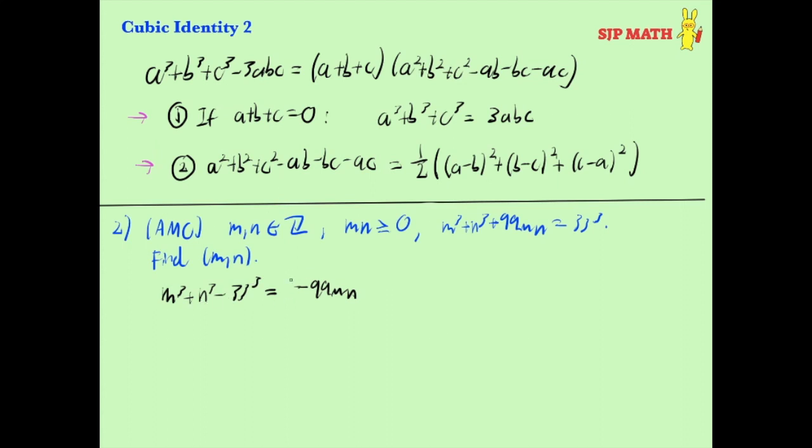Using this fact, again, we can deduce that either case 1 is where the sum of these is equal to 0, or case 2 is when this is equal to 0. Well, for this, it seems a bit easier. If we look at this, then this gives that m plus n is equal to 33. And since m and n are integers, we instantly get that,